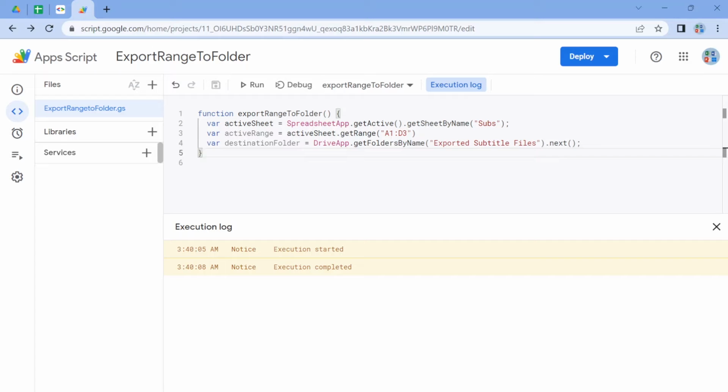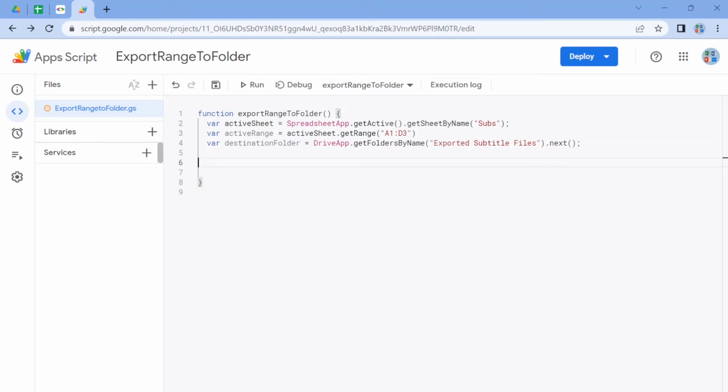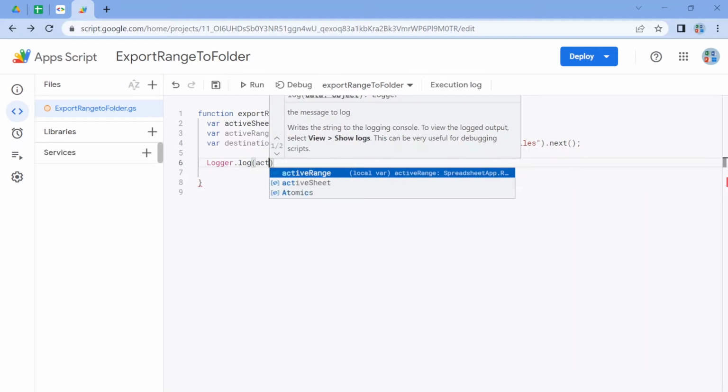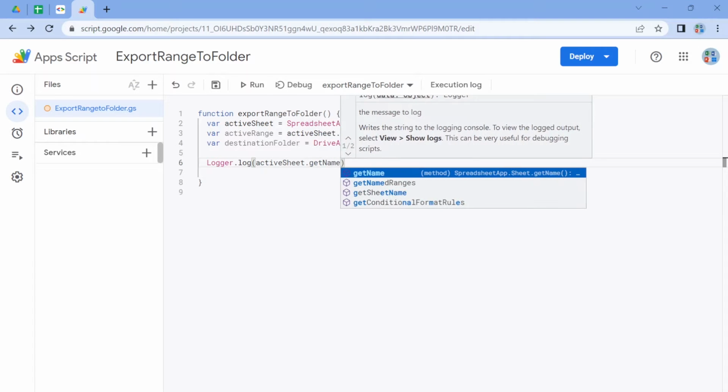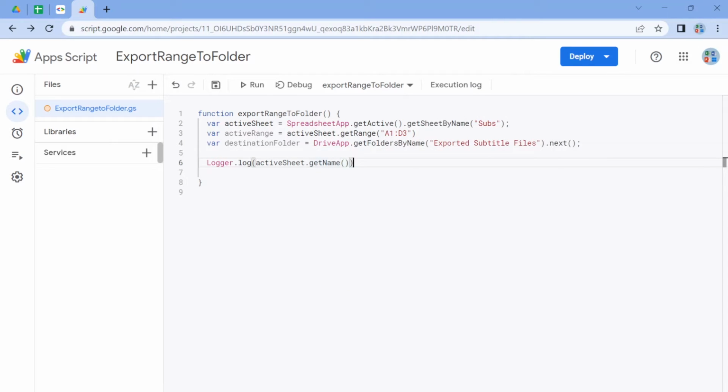So now the next step is let's output some values to make sure we're getting the right things. I'm going to write this command right here, but I'm going to indent 2 spaces because everything under here should be indented 2 spaces in relation to function. So we are in the next bullet level. I'm going to write Logger.log, activeSheet, which is the variable I have above, getName, and I'm going to open and close bracket. Basically what it does is grab the variable called activeSheet and get its name and log it out for me.